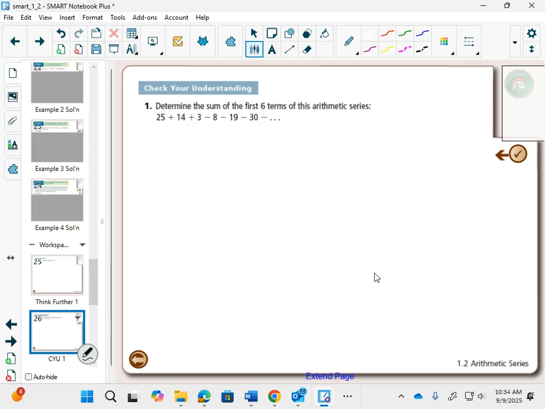So we want to determine the sum of the first 6 terms of this sequence. We have the 2 formulas. In picking the 2 formulas, I always like the smaller one first, if possible. Do I know term 6? Yes. Term 1, term 2, term 3, term 4, term 5. Term 6 is 30, so I would use